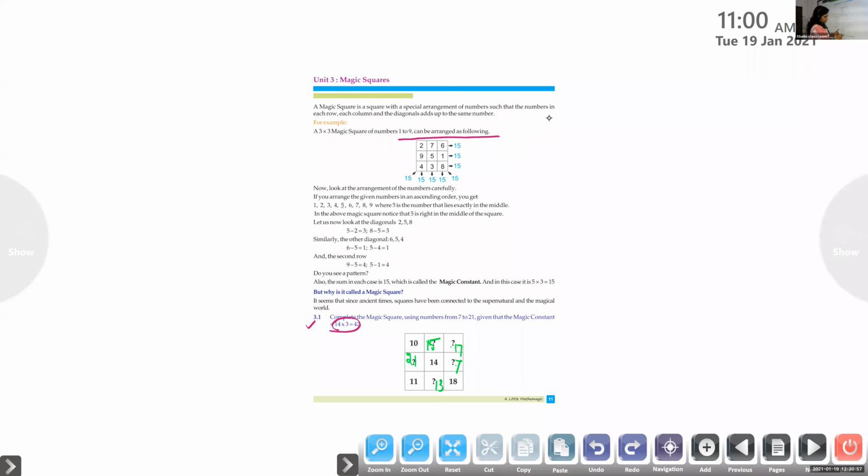Understood, no? So what is a magic square? Magic square is an arrangement where row wise and column wise and also diagonal wise the sums are equal. Clear? Okay. And the central value into 3 will be the total sum for a 3 into 3 magic square. 3 into 3 means 3 columns into 3 rows. That's why we are saying 3 into 3. Okay. Now we shall pass on to the next page.